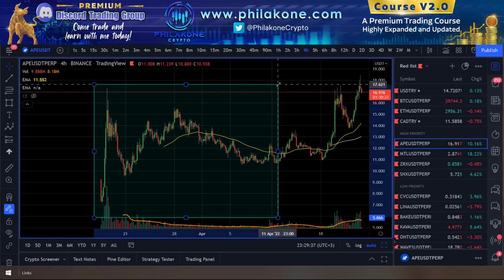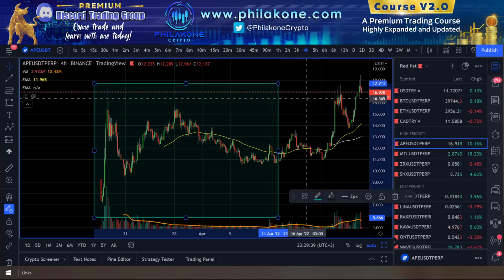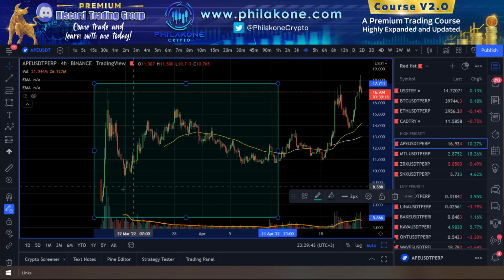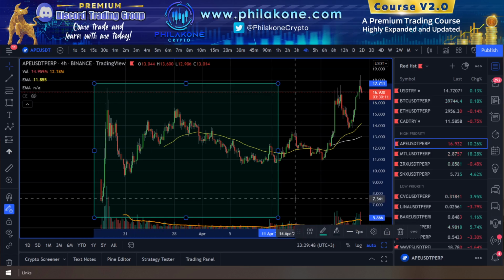This is where the market is figuring out what price it should be at and whether it's going to break to the upside. People are starting to do research on this coin here and they're deciding, hey, is it something worth buying? Is it something worth investing in?